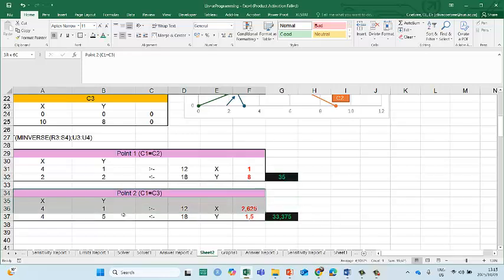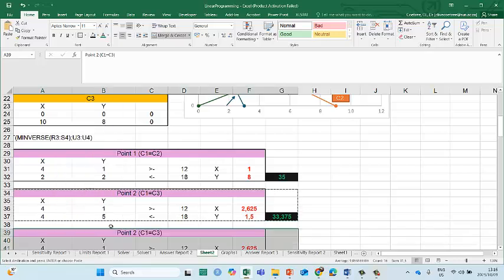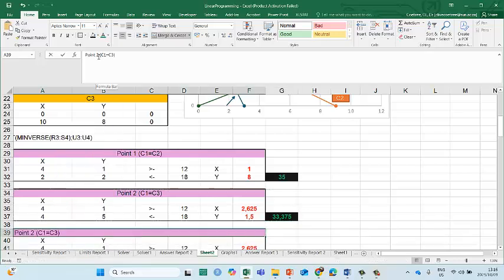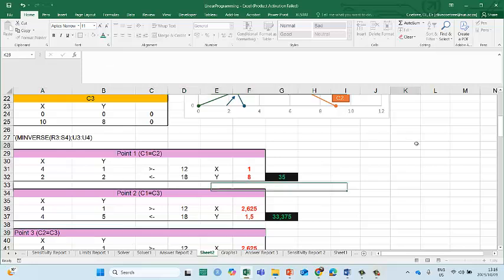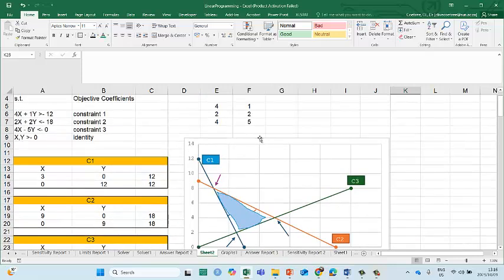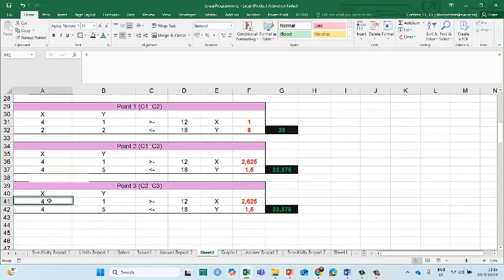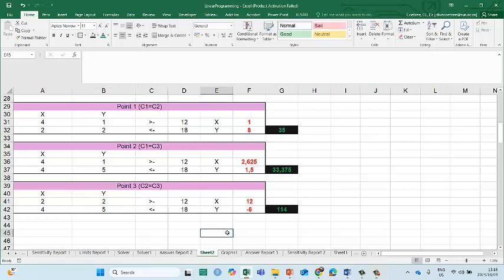So let's look at the third point. Let's copy and paste it. So this will be point 3. What happens at point 3? Point 3 is constraint 2. Constraint 2 and constraint 3 is equal. So constraint 2 is 2 and 2. And so at constraint 2, we have